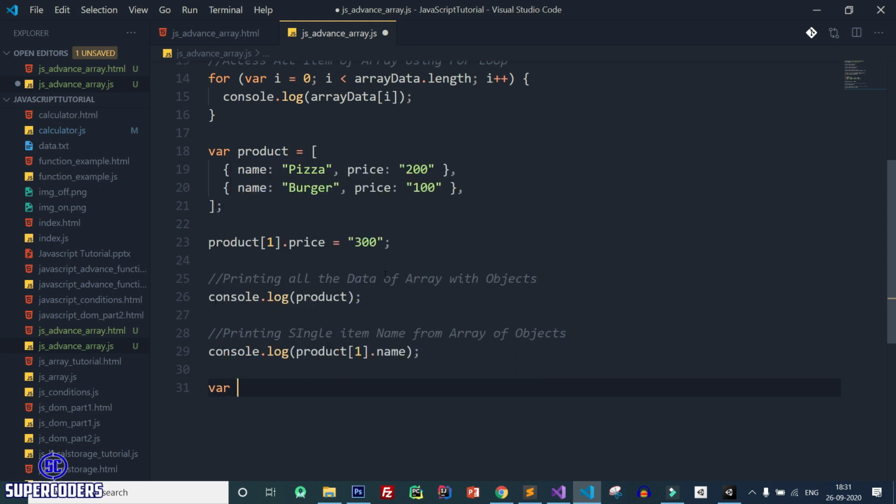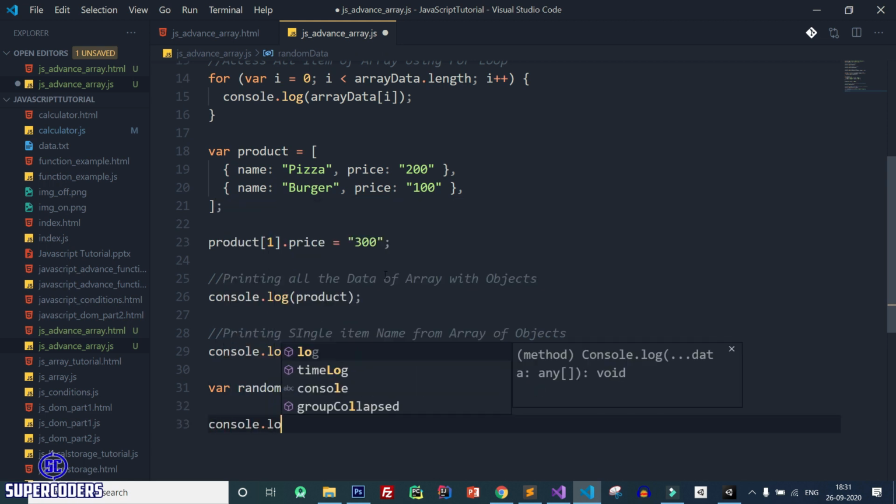Now let's see how you can create data with objects and multiple values. So let's see random data, like an array containing 1 2 3, ABC, and objects. Now print it.